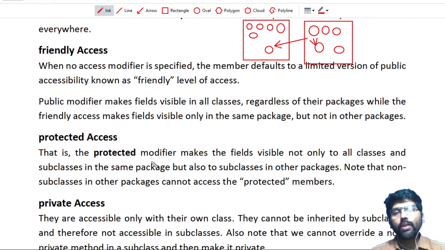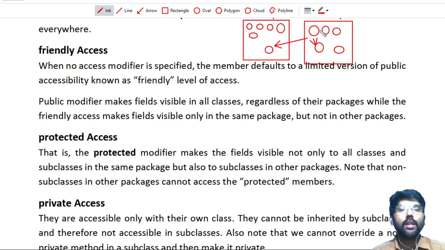Now the next one is called protected access. In the protected access specifier, the data is available in all the classes in the same package, as well as the subclasses in the same as well as other packages.